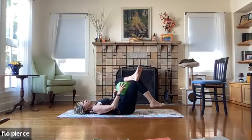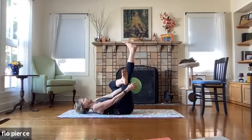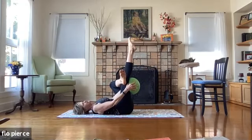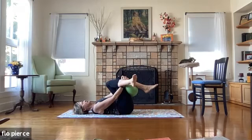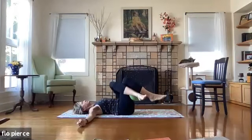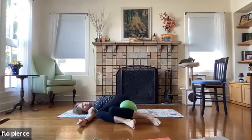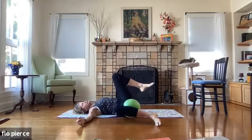bend the right knee, grab that ball, bring it behind the right hamstring, point, flex. And then side to side, then that right knee, left leg crosses all the way over, hug those in, and then T position, drop right, please. And then again, we'll come on back through center,